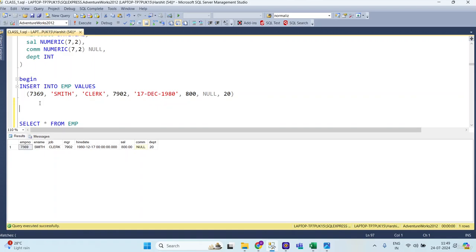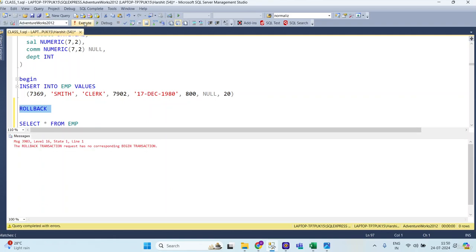I want to roll back my transaction. I don't want to permanently commit this one. So can I use rollback over here? Will it work or not? Let me see. It will not work. The rollback transaction request has no corresponding begin transaction,